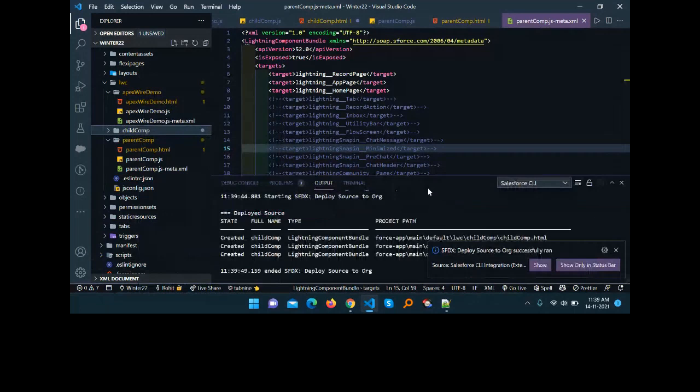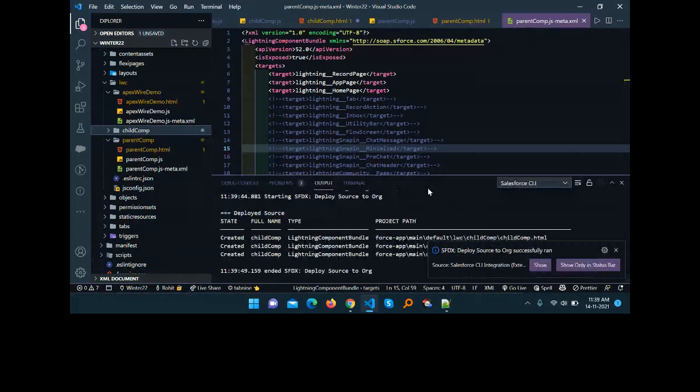Okay, now it's time to deploy this component. Here you can see like deploy source to org. So I deployed two components successfully. And let me deploy this apex class AccountController as well, right? Here you can see the apex class folder, just right click here and deploy source to org.